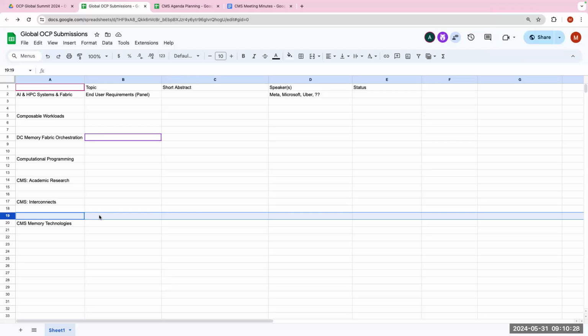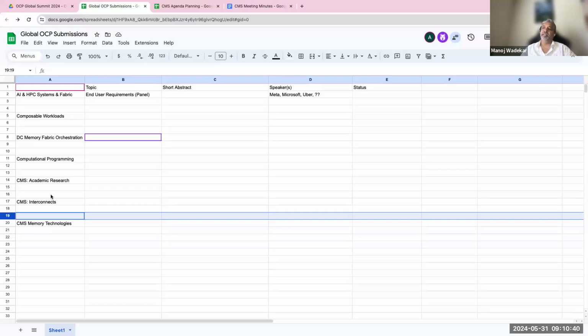Yeah, Manoj, the computational section will be new this year, right? Yes, exactly. Also, last year we had interconnects, on cabling, and some of them we could not accommodate last time, and some of them we moved to CXL. But I just want to bring it up again, considering that there are more interconnects coming on the horizon now. It might not be a bad idea to have a presentation targeted in that space.